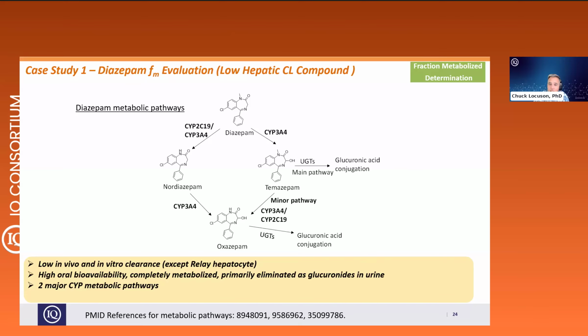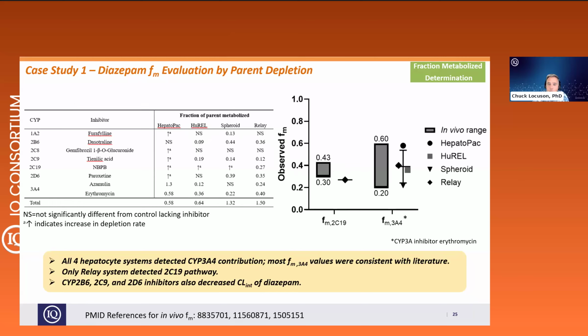So these are the results of our studies with diazepam and all of the inhibitors. The table here on the left is showing inhibition of parent depletion as determined from the intrinsic clearance values. And for the CYP3A4 FM estimates, even though we looked at 2 different inhibitors, we used erythromycin because it gave superior inhibition of our positive control alprazolam, and it also just appeared to give more consistent results across the different hepatocyte systems. So if you advance to show the blue box on the slide,